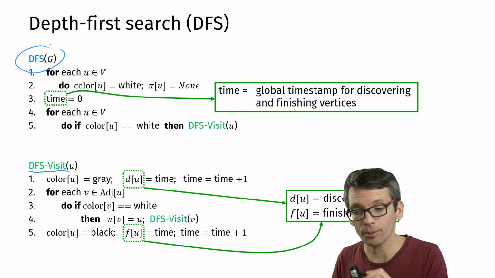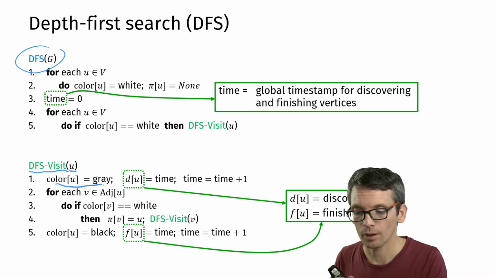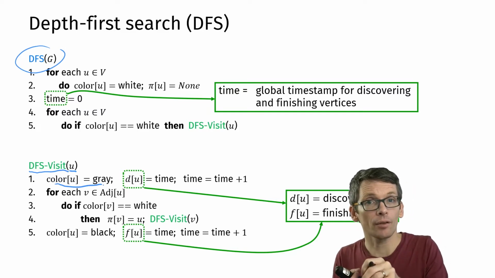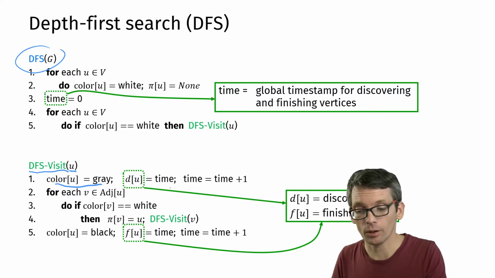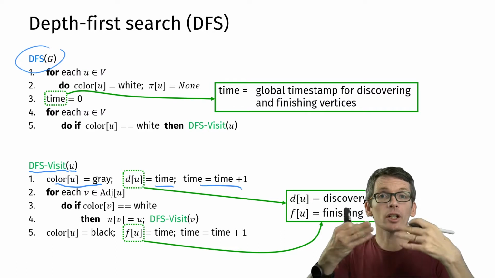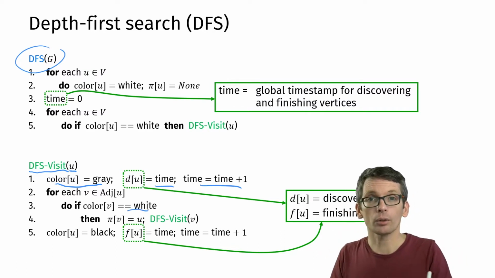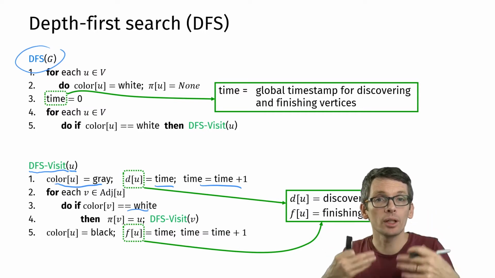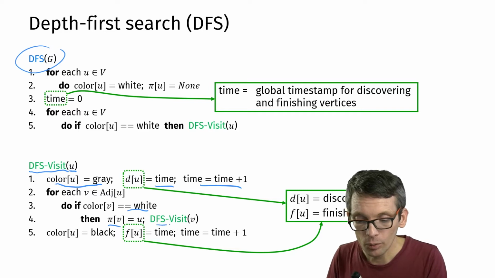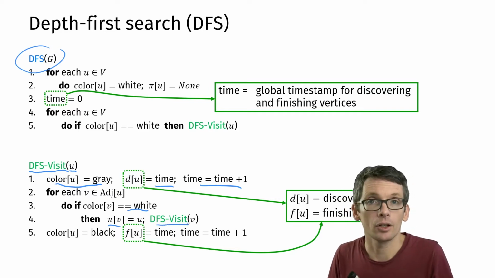So first of all, depth-first search visit starting at u. So we will color u gray. This is the time where we discover u. So we're going to set that to the current time. We increase time by 1. And then for the adjacent vertices of u that are still white, we're going to set u as predecessor of v, just as in breadth-first search. But now we're going to immediately visit these adjacent vertices.